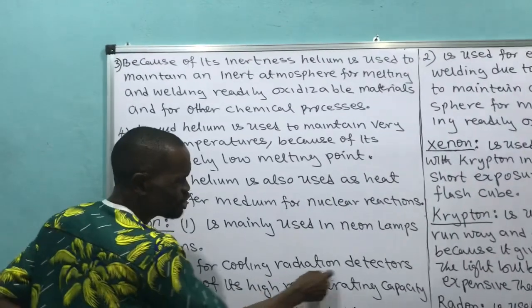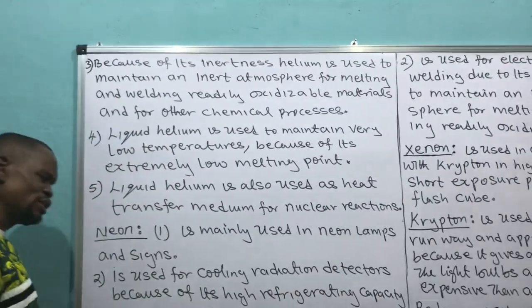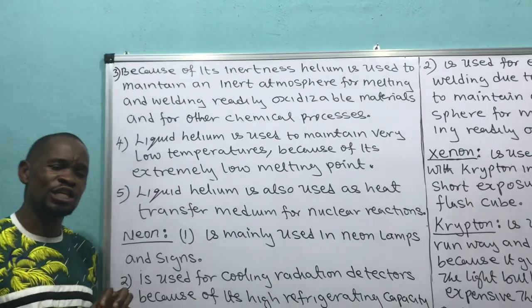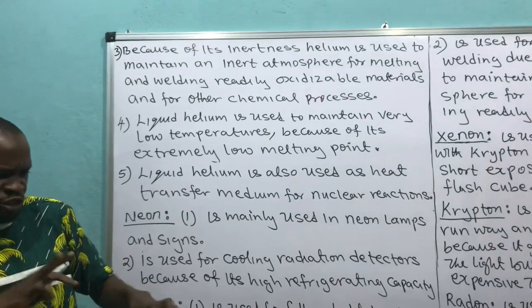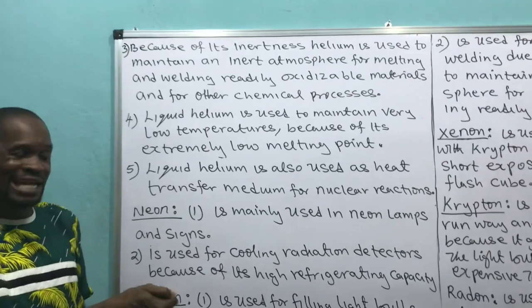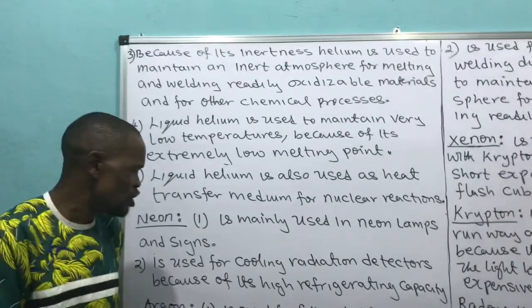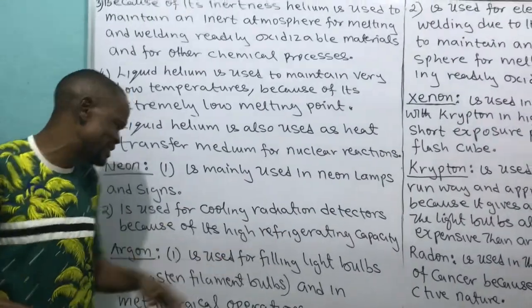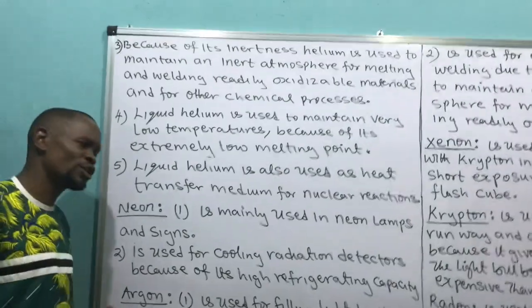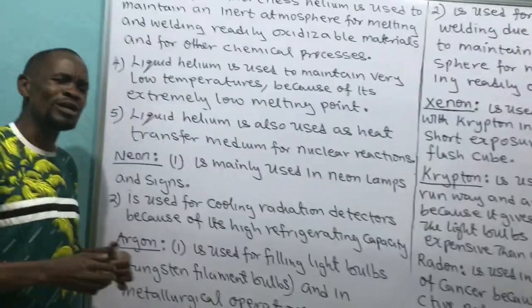We know that we have a radiation detector in our nuclear reaction chamber. We have a radiation detector which we use to detect the rate of radiation. So we use neon to cool it. Just like in a refrigerator, we have what we call ammonia as our